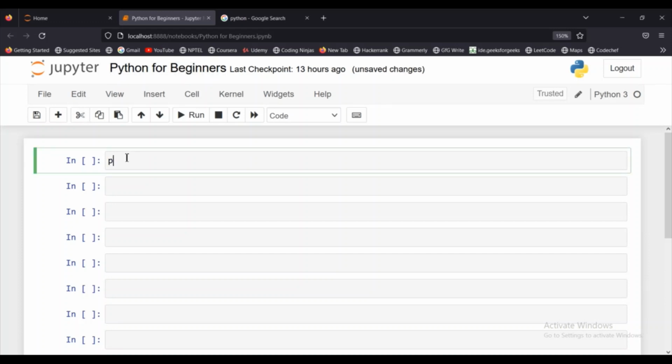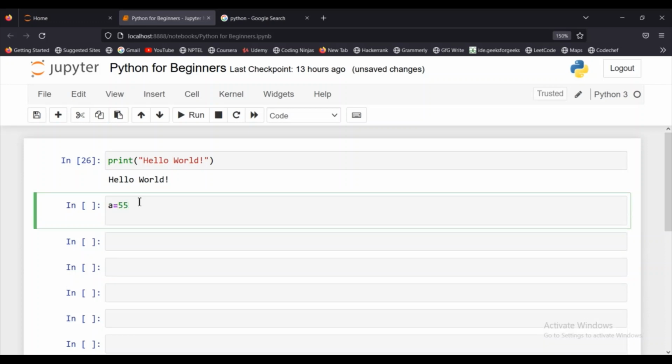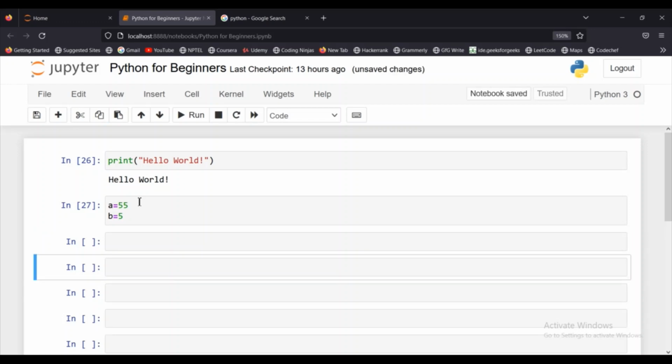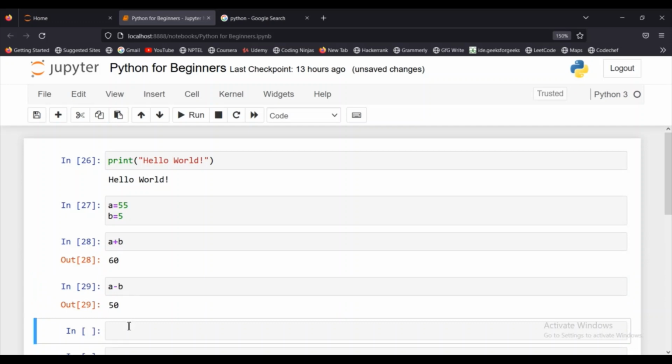At first, to print something, I will use the function print and I am printing hello world. Okay. Shift enter to run this statement. Now to assign a value to a variable, I am using a is equal to 55. So I have assigned 55 to a and then I have assigned 5 to b. Running this code, then to perform mathematical functions, I will do a plus b and run it. A plus b, and then we can do a minus b and so on. So we can do plus, minus, addition, subtraction, modulus, any kind of operation in Python using